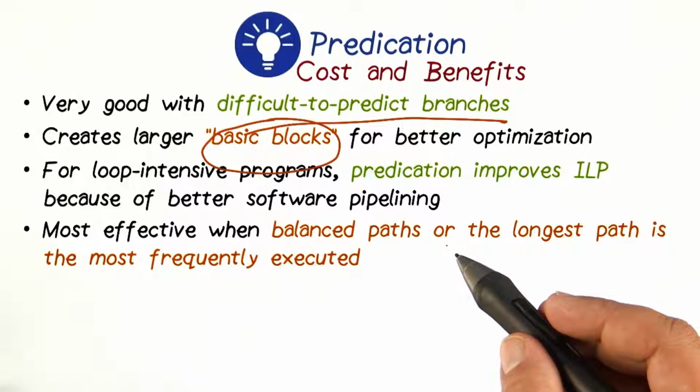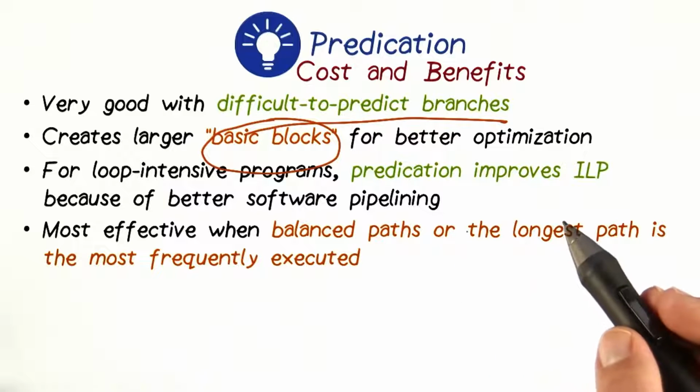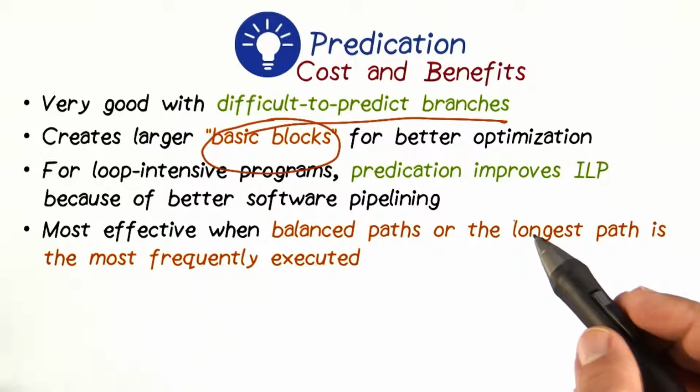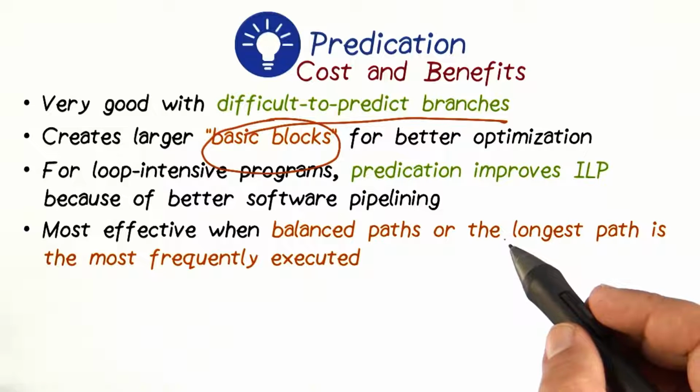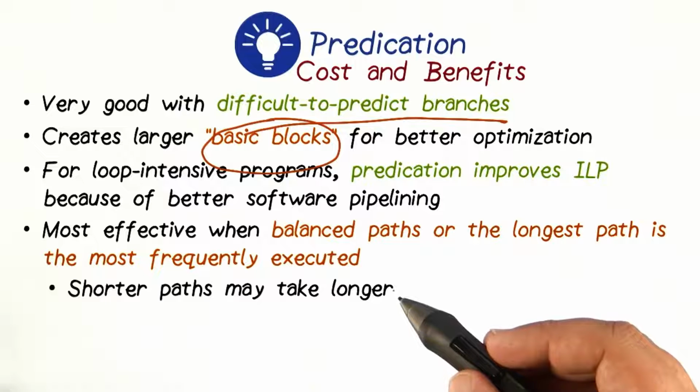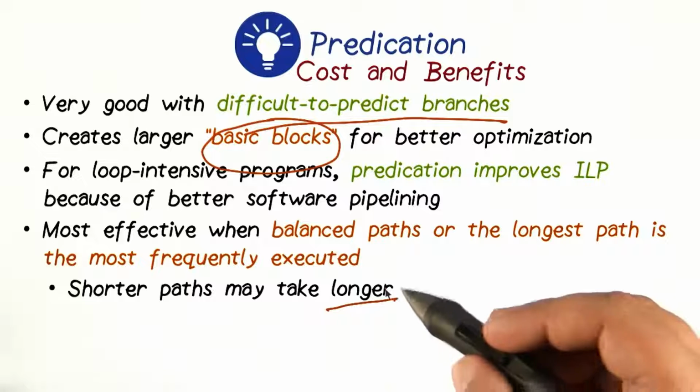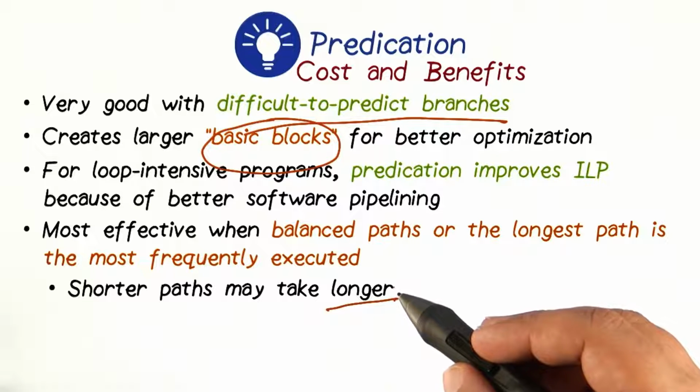We don't pay the penalty when the paths are balanced, or when one of the paths is really long and frequently executed, since we execute it based on the branch outcome without waiting for it. The shorter paths, on the other hand, will take longer to execute. The main reason is that now you have to wait on the execution to be facilitated by the predicate